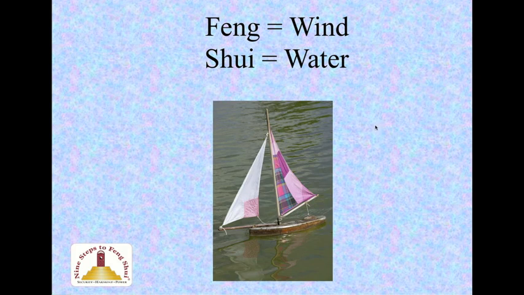And this is one reason that it is believed that Qi collects by the water in great quantities, and why it is considered that having a property facing the water is very auspicious. The word auspicious is very often used in Feng Shui, and it means being of good omen. So if your life was a sailboat and the universal currents, the natural currents, would be considered the wind and the water.